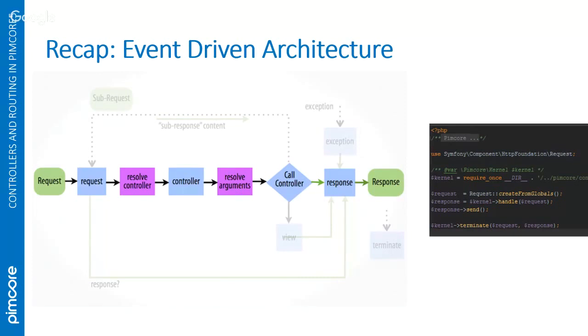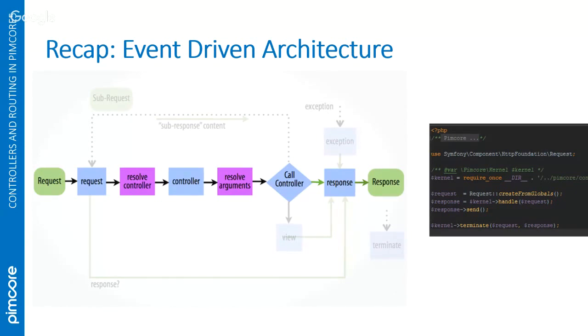So the router gets a request and tries to resolve this request into some kind of controller. So the router has a list of known routes, has documents, has static routes, and there's configuration, and tries to find something which matches this request. And from this result, a controller is resolved, and the controller can be anything which is callable. So a controller normally is a class and a function, an action function, but could be virtually anything which can